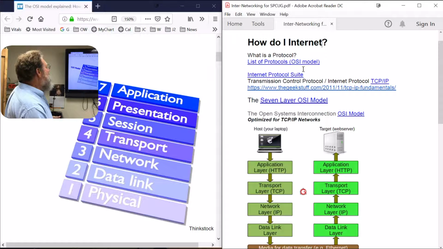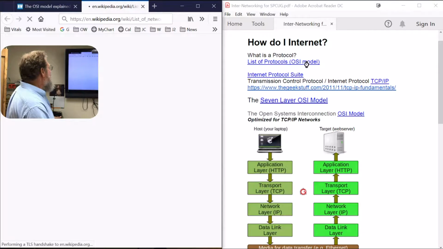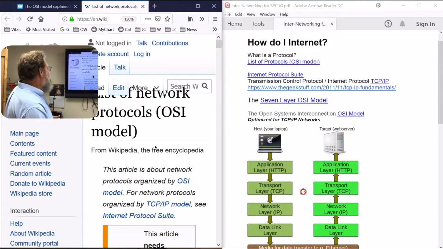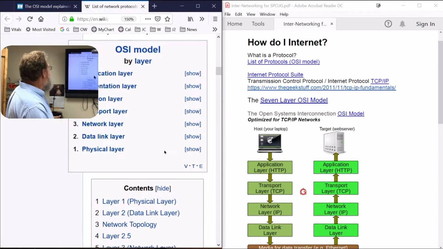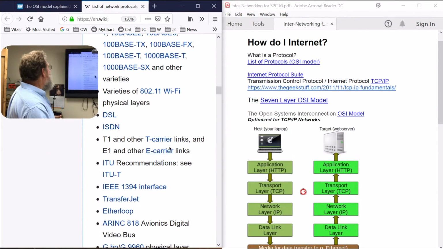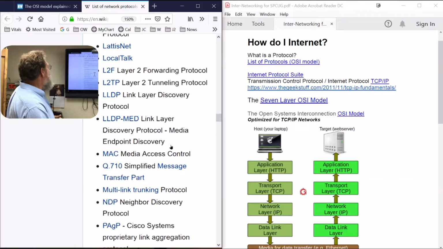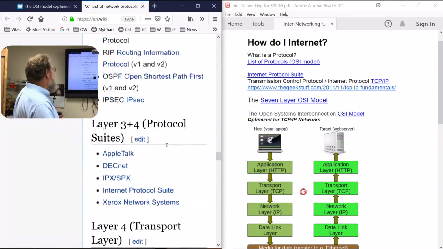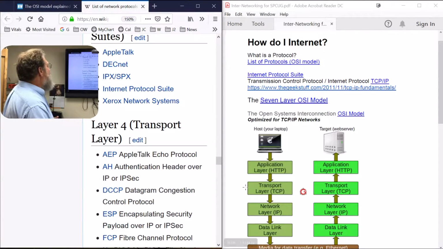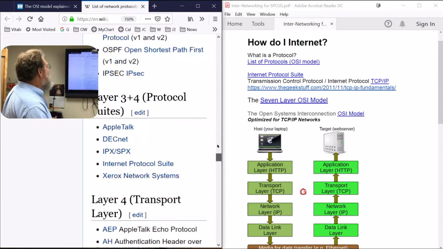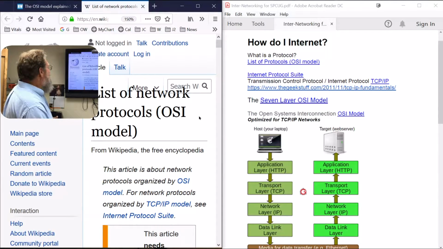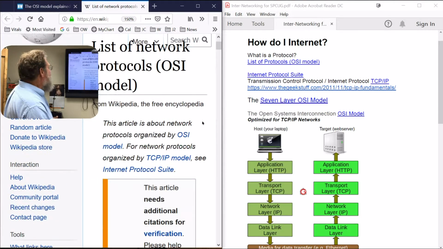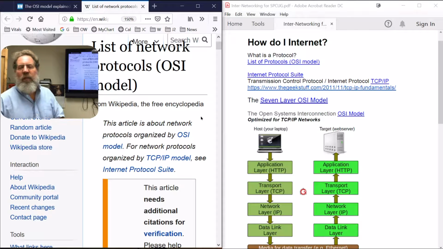Okay, let's go ahead and take a look at a list of protocols that you'll need to memorize by the time this evening's over. And here they are right here. So how are you doing so far, memorizing them all? Pretty good, huh? Bottom line is there's just a whole bunch of them, and we're not even going to bother trying to memorize any of them. Some of you already know some. For example,